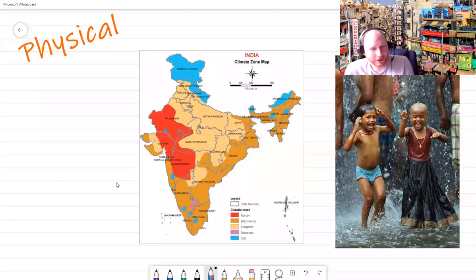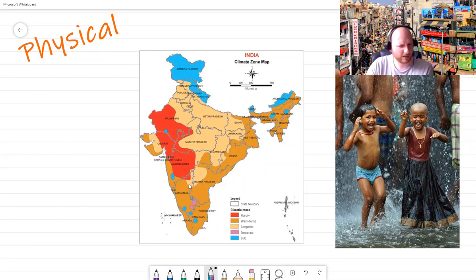So hot and dry down there. Now, if we go further to the east, this great big sort of light browny color here, this is a composite of hot and cold. So it's kind of, maybe we'd be used to it if you live in the UK. Maybe you'd be used to the temperatures here roughly, still a bit warmer than the UK, but can be warm, can be cold, a bit more seasonal. If we go down south, though, for most of the south, it is very warm and very humid.